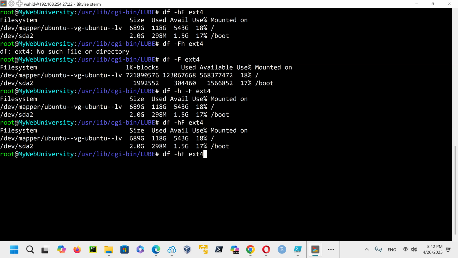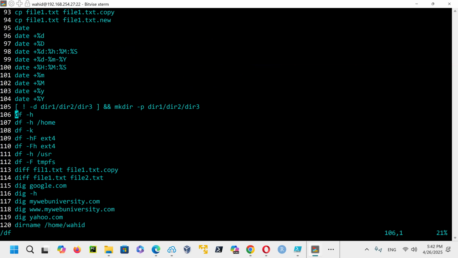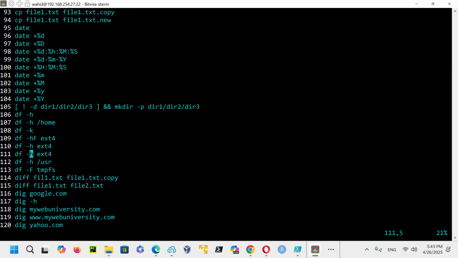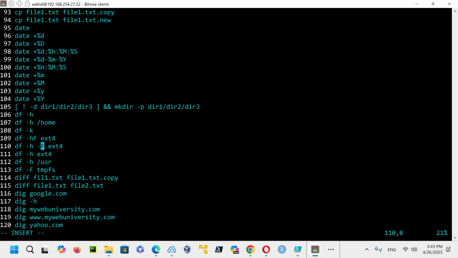So the syntax, we just modified it with vim. We're going to say df -h. This one, the file system has to follow, which is the right one. If you want to do this with dash F, dash H, and then let me just do it only for the ext4 file system. You could do this one, dash H, like this also. So both of these commands would work, because this one is human readable, F followed by the ext4 file system, or dash H as separate, dash F as separate.